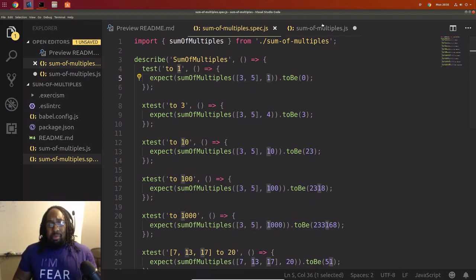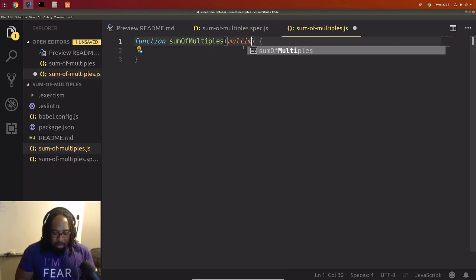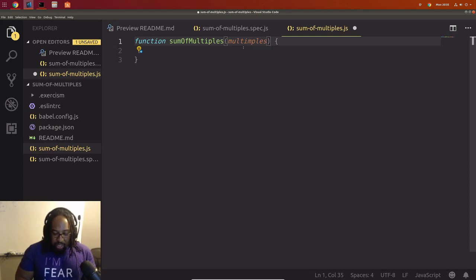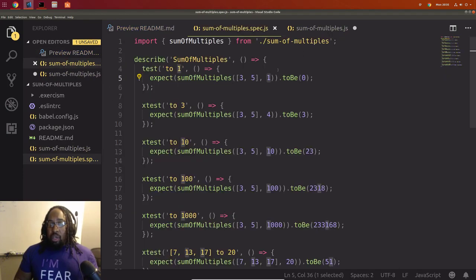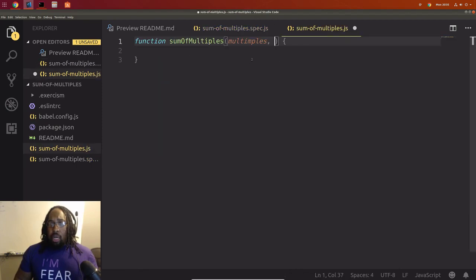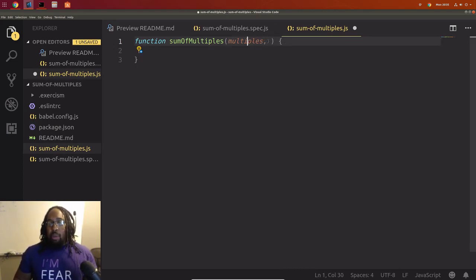I'll call the array multiples, because these are the natural numbers we're checking for multiples of. Make it easy.